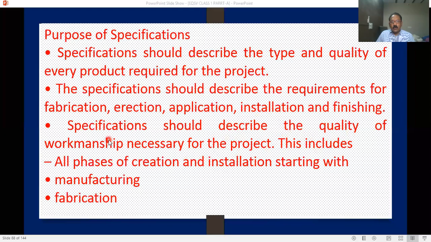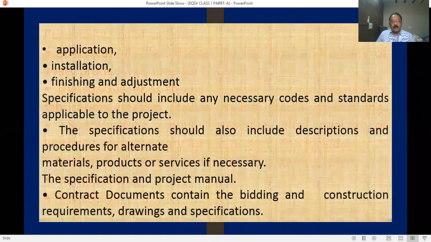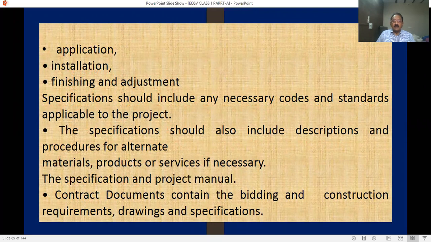This includes all phases of creation and installation, starting with manufacture, fabrication, application, installation, finishing, and adjustment.